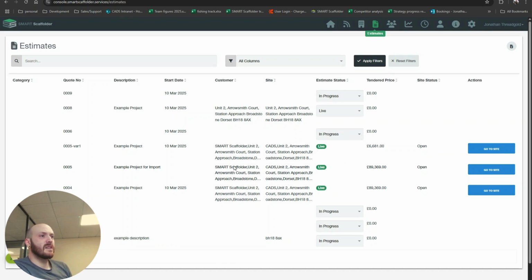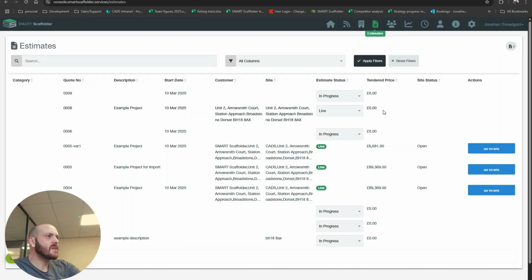One, it allows other members of staff in the business to be able to see and access that list of projects. They can view the quotes that are in progress. They can see the status of projects without opening Smart Estimator. They can also export the project list to a CSV, which enables you to run additional reporting outside of the